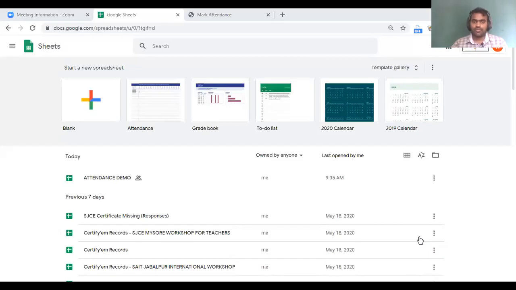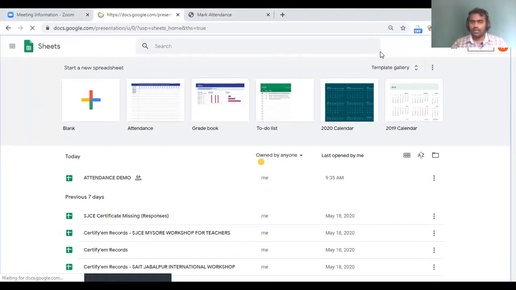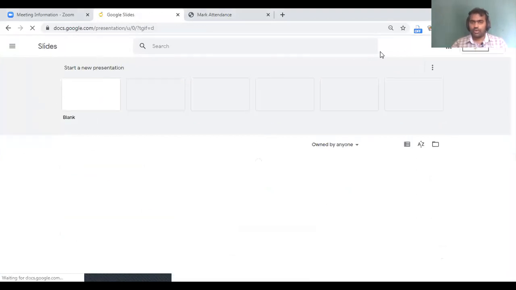We are going to see how to create a presentation, the same way we created documents and sheets using cloud applications. The third application is Google Slides. You can click on that and you can open